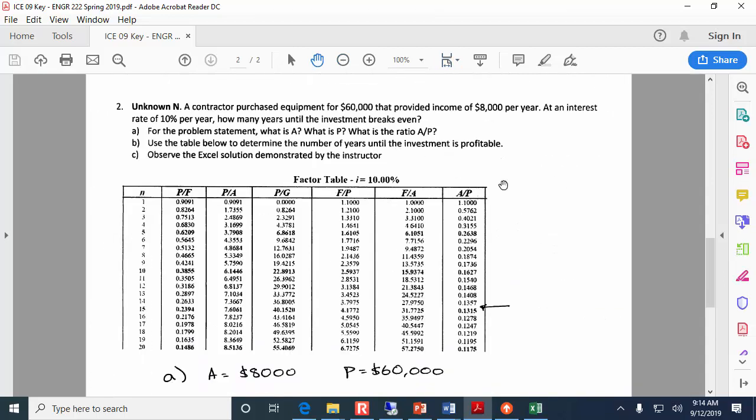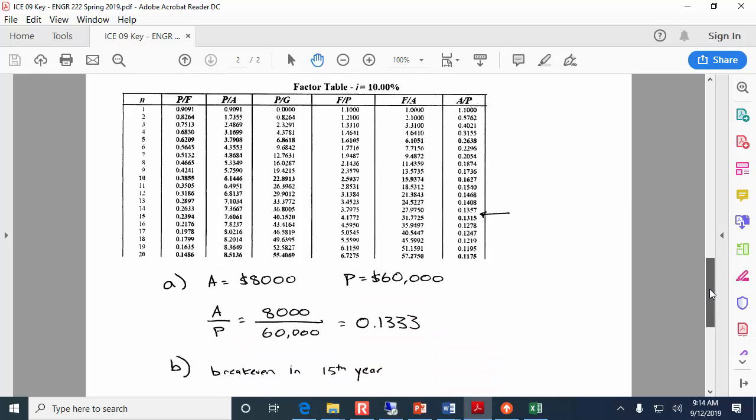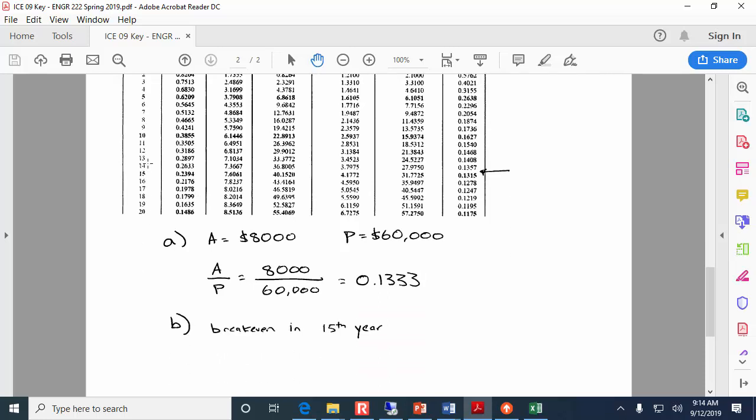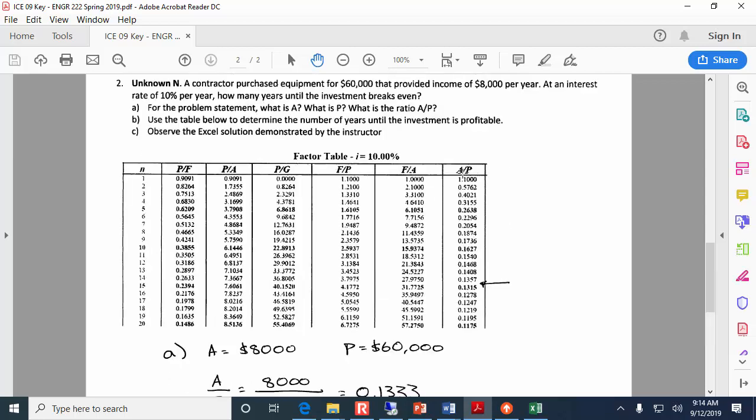So here's the solution by hand. If you've got A is 8,000 and P is 60,000, this is the ratio factor, and you can find the closest factor between the 14th and 15th year. So 14 years doesn't quite get you there, but then 15 years is breaking even. Now, by Excel,